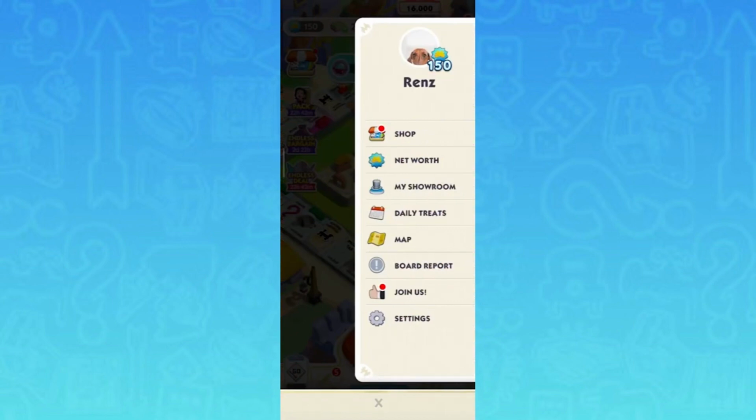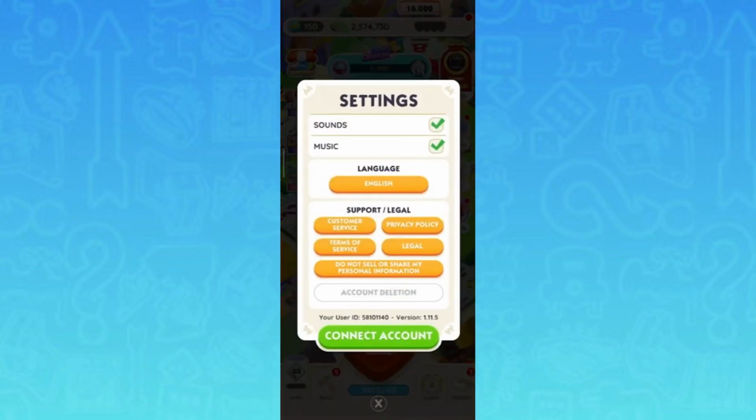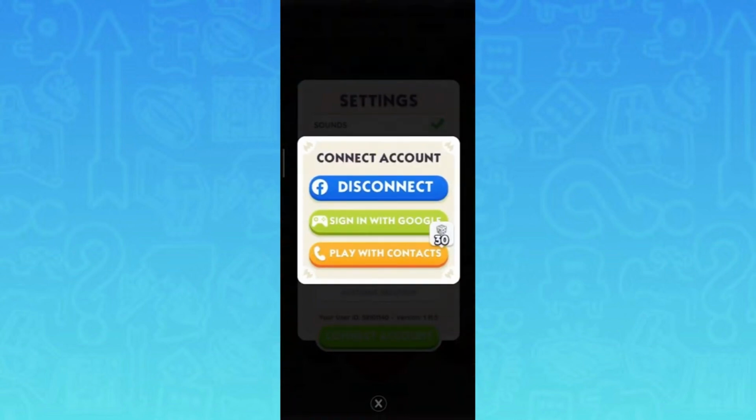Now under settings, you'll have these information and buttons here, but what you need to do is just click on the connect account section there, and when you click on that, you will see this information here. So you have the sign in with Facebook, sign in with Google, with contacts. Now if you've already connected your account in Facebook or even in Google Play, what you need to do here to log out or to sign out is just click on the disconnect button there,